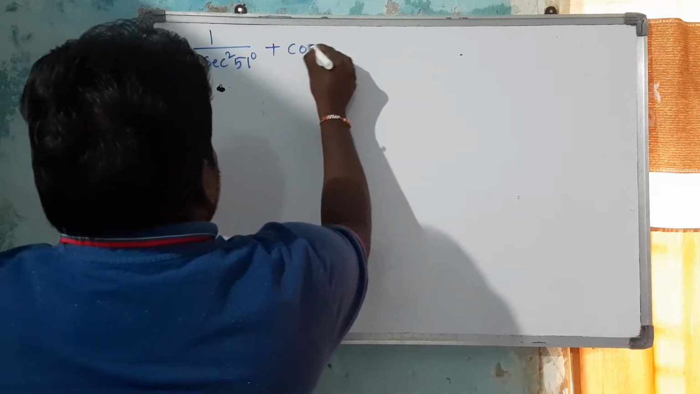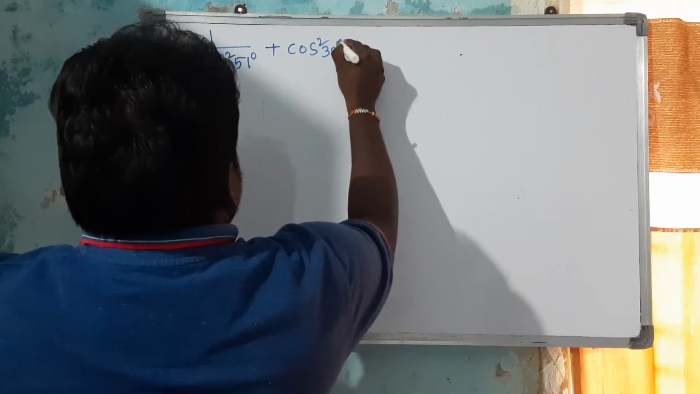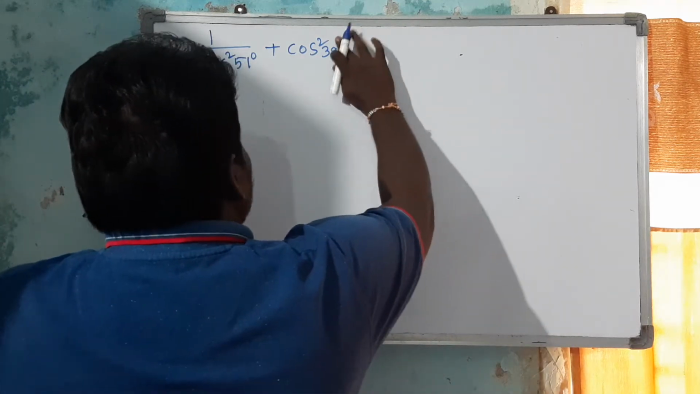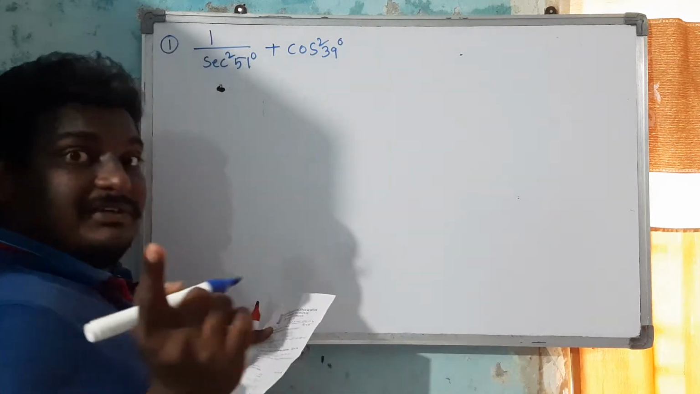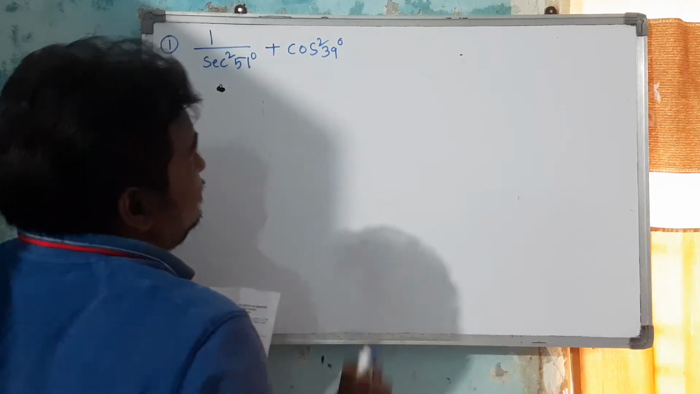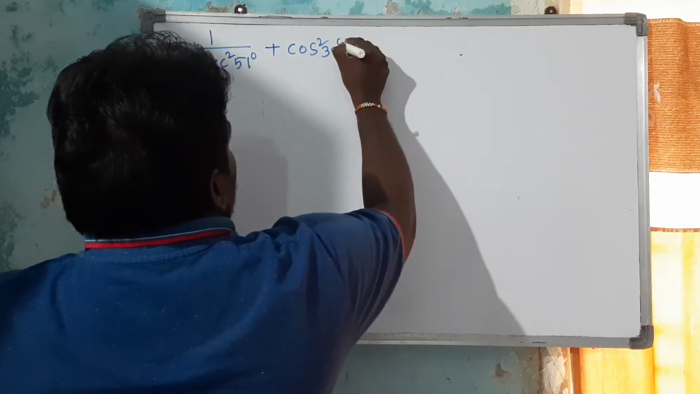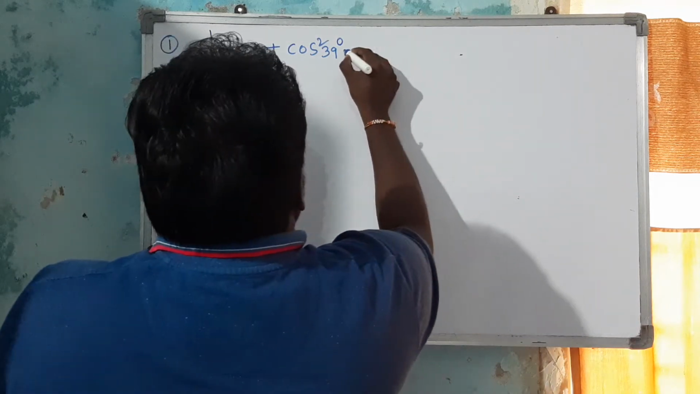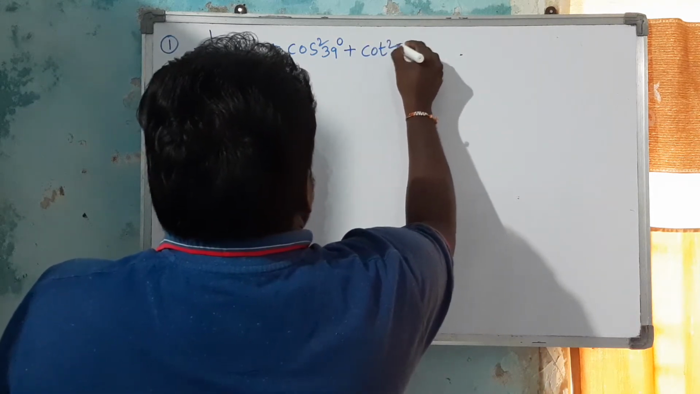plus cos square 39. I have discussed this model already. I have discussed this model in the class, and if you see my videos of model paper explanation one, it is there. Same model, not same question. Okay, cos square 39 plus cot square 51